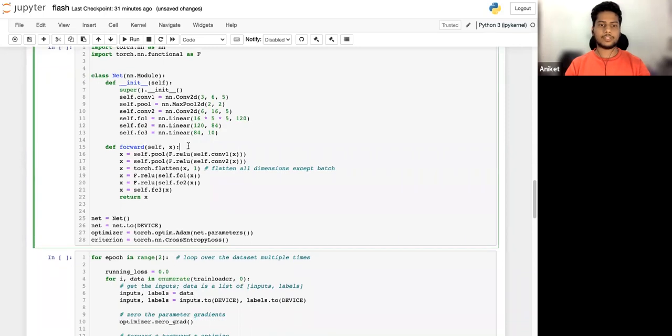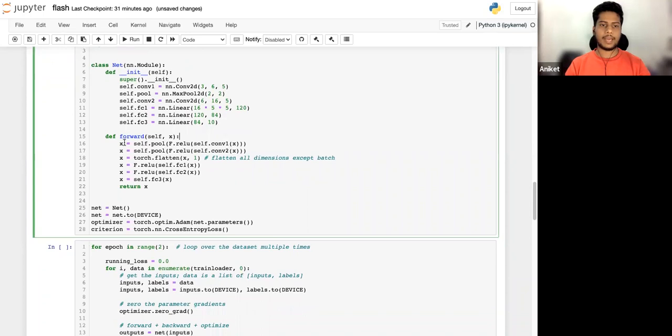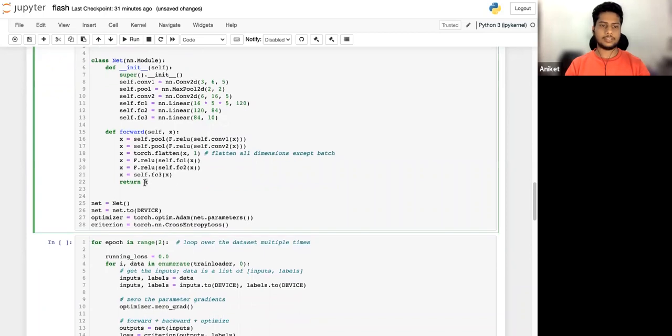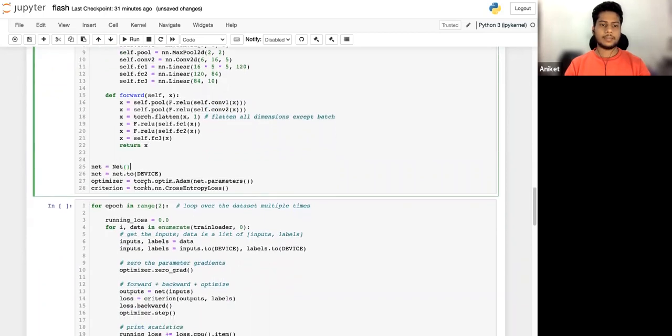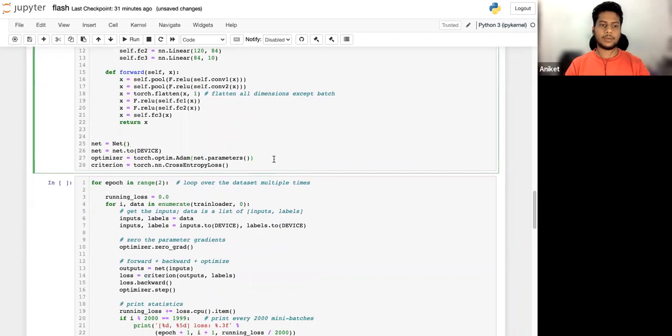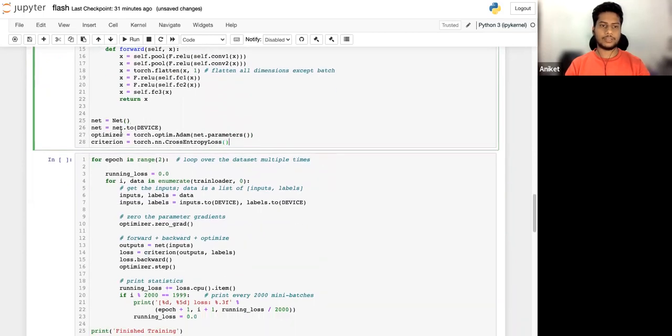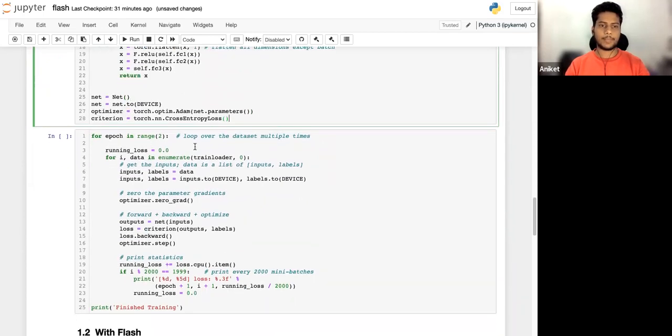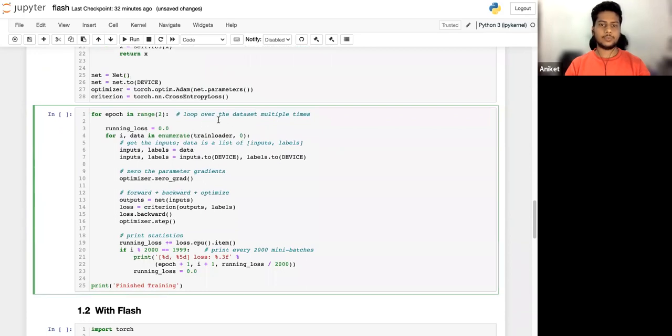And in the forward function, this x is my batched image, and I run it through all the layers of my convolutional neural network, and I get the logits. Then I have initialized my optimizer and loss function, which are optimizer and criterion. Then I write a training loop.